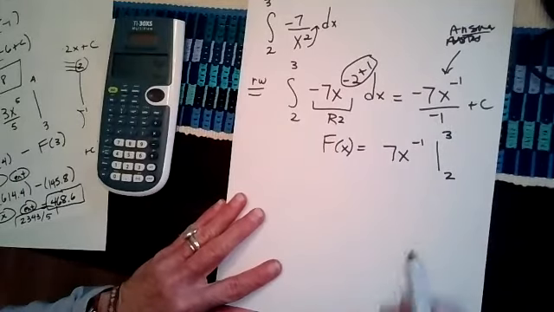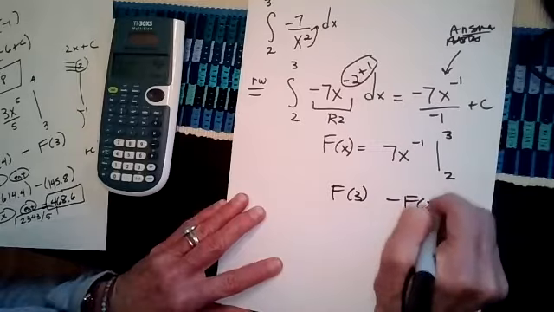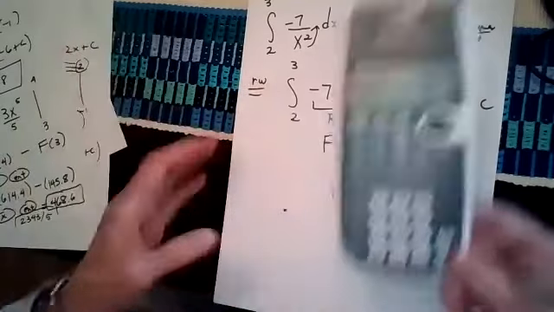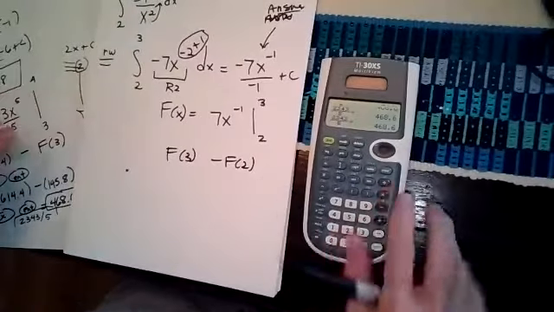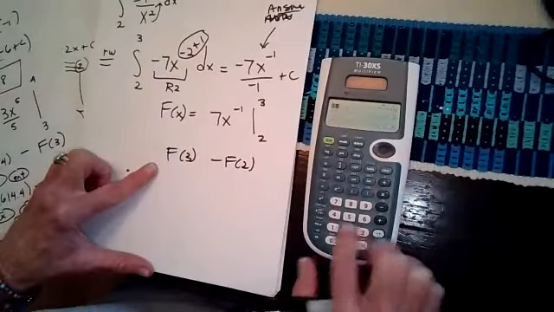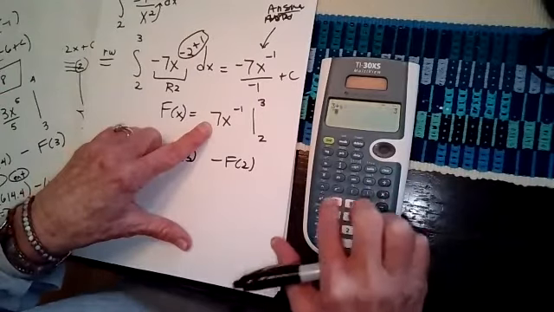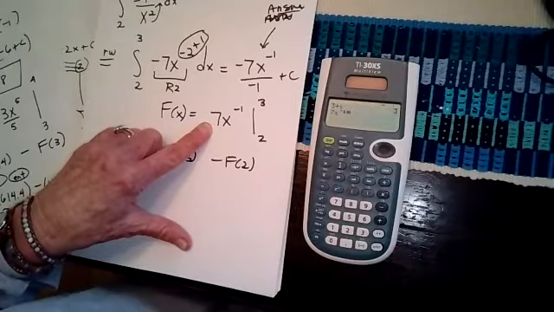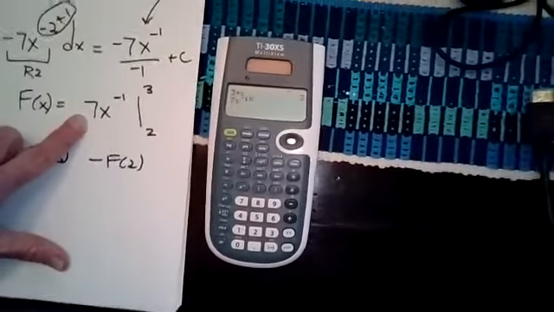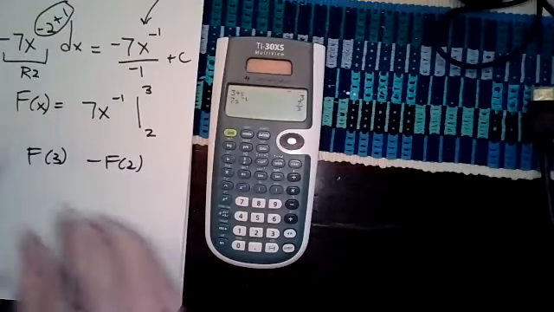All right, so when I evaluate f of 3 minus f of 2, I'm just going to practice showing you the calculator steps. So it would be clear it out. I do the top number first, 3 store for x, and enter. And I type in 7x to the -1. And I enter, and I get 7/3